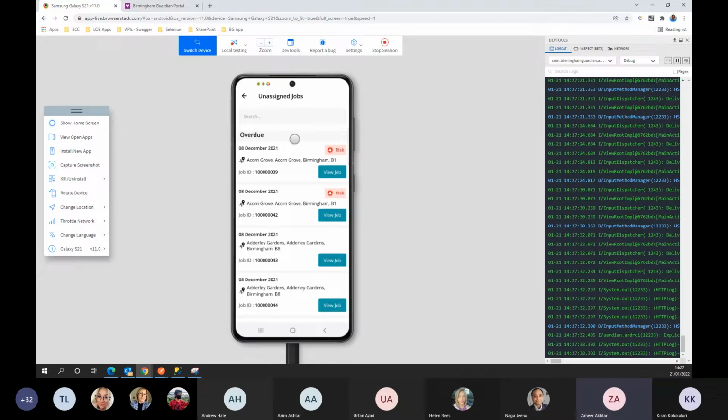Now, what we need to do is just have an understanding of what questions and what kind of responses are required for those questions, and put that config into the database. Once that's there, then the mobile app will take that configuration and render it on the mobile device,